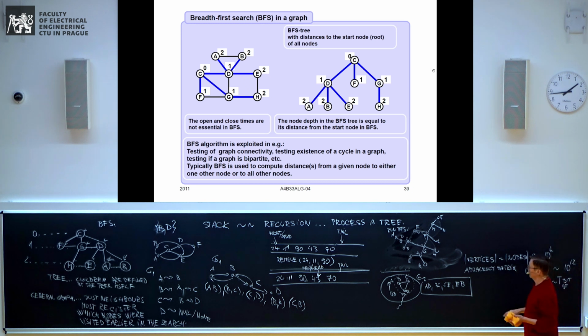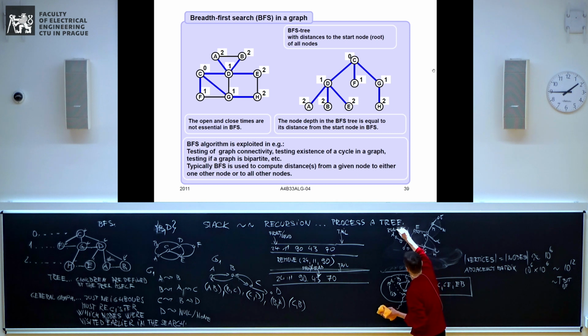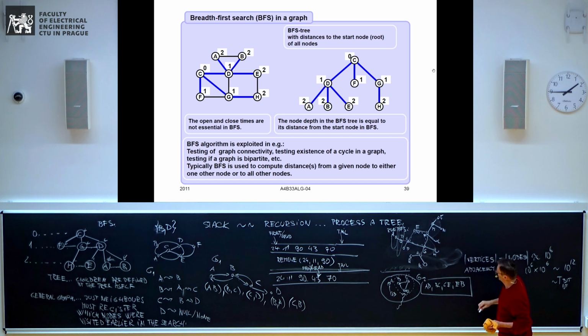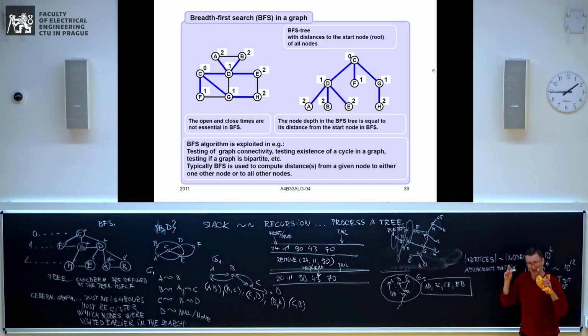How you do it? If you run a breadth-first search as we did just now, it will assign distances to each node in the tree, and you don't get any more information. That does not tell you if there is a cycle inside or not. But what happens is then you start in A, and then you get to B, and I draw it as a system of levels